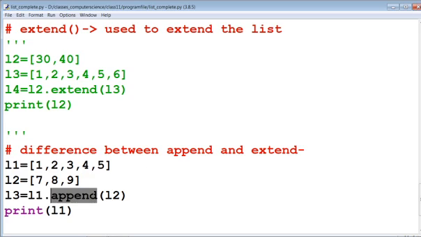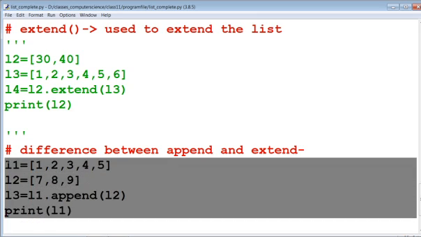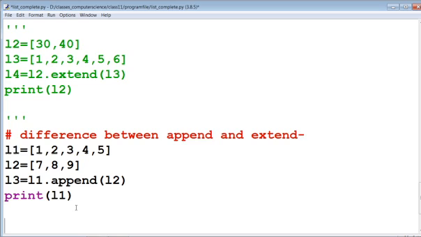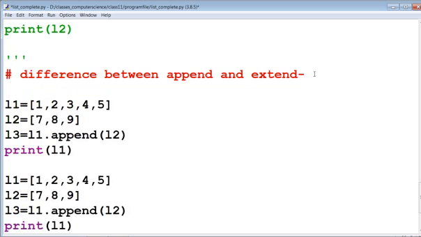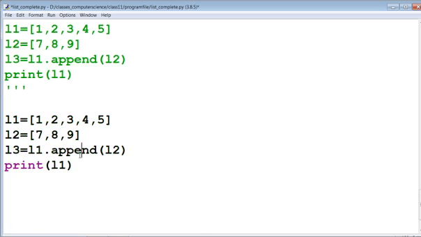Now if we are going to use extend here, we are going to check the output.